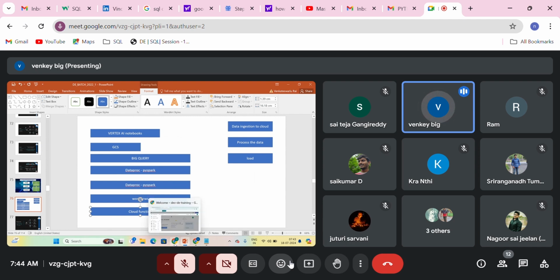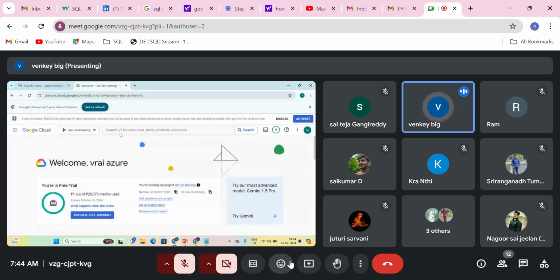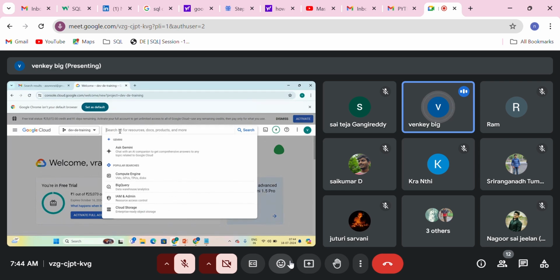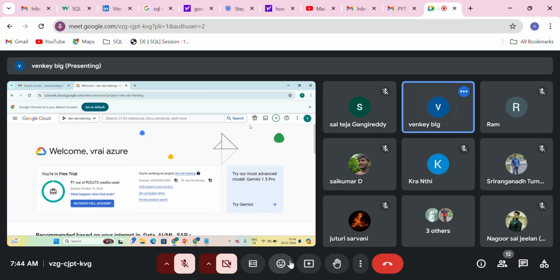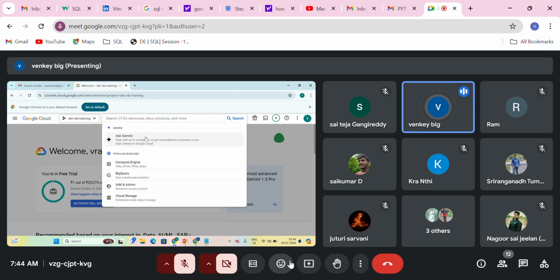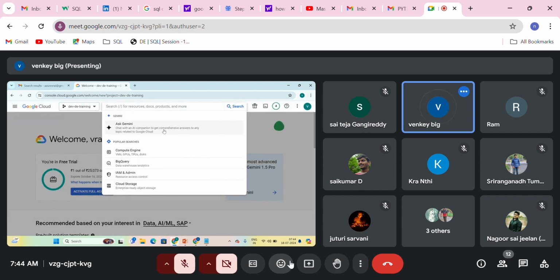Okay. Let us see a glimpse of the services that we're going to understand. Okay. So activate, dismiss. Okay. So here, if you see, I have Gemini as well with me, which is my cloud-based AI assistant. You can ask anything to Gemini if you don't know something in the cloud. So here, this is Cloud Storage.